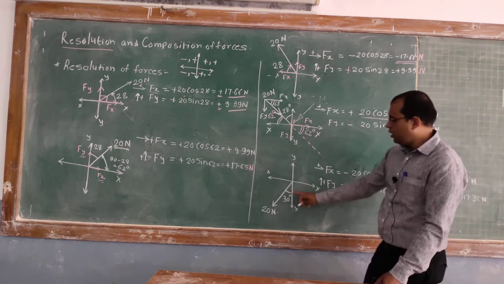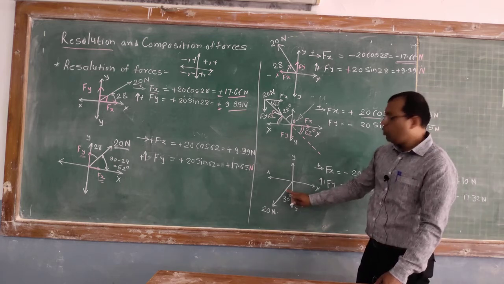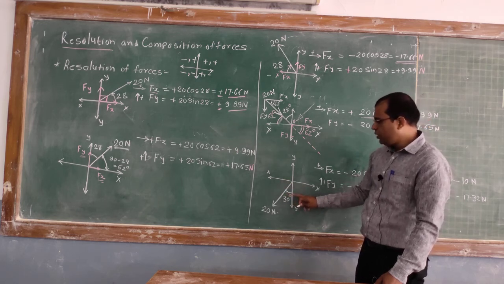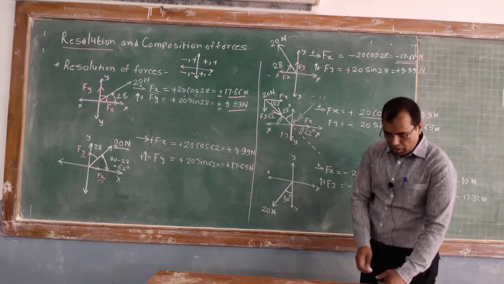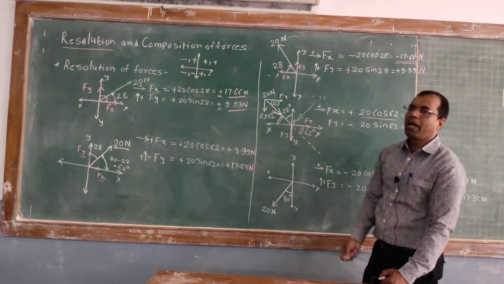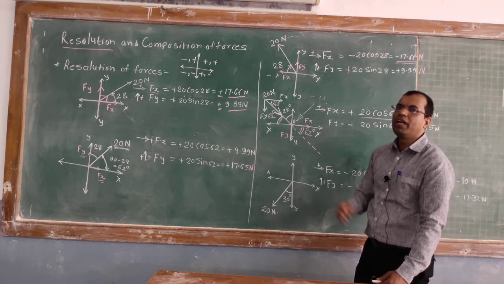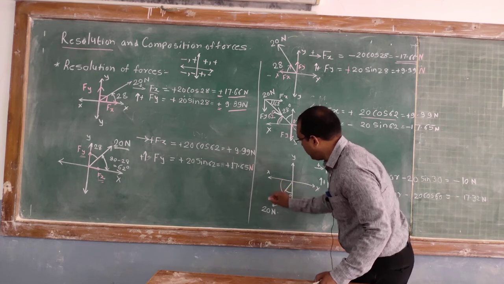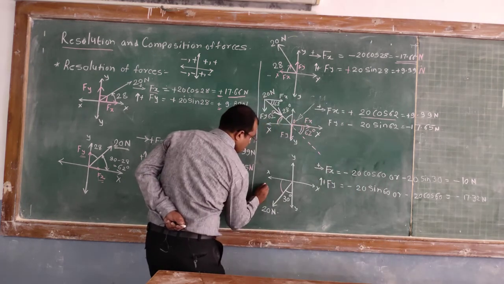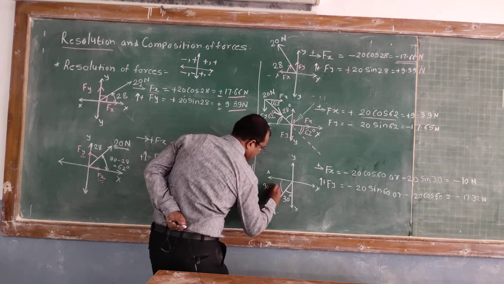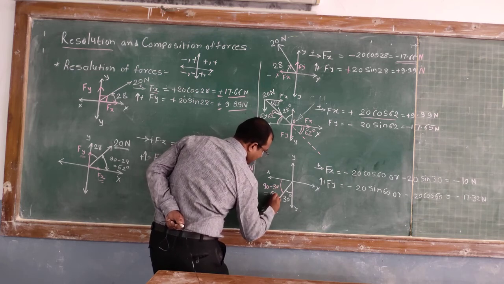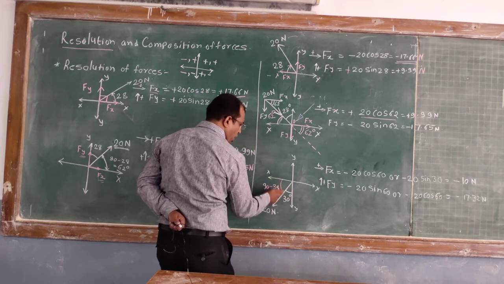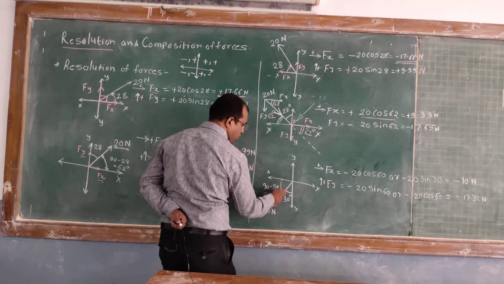Okay, now this angle is given as 30 degrees with respect to the y axis. We don't have the angle with respect to the x axis, the angle is given with respect to the y axis. So in order to use the formula f of x equals f cos of theta, and for f of y, f sin of theta, the better way is to find out this angle. So what is this angle? This angle becomes 90 minus 30, that is equal to 60 degrees. Okay, now this force makes an angle of 60 degrees with respect to the negative x axis.